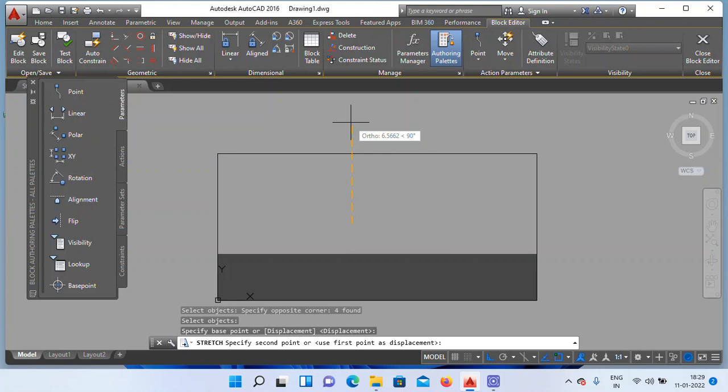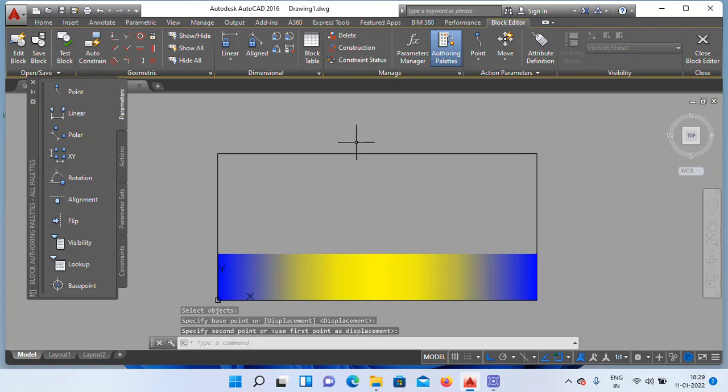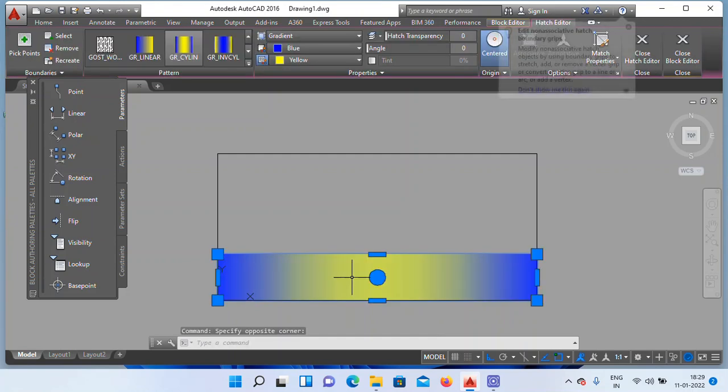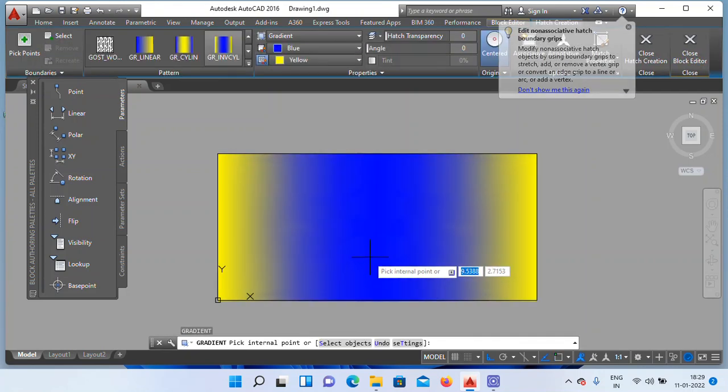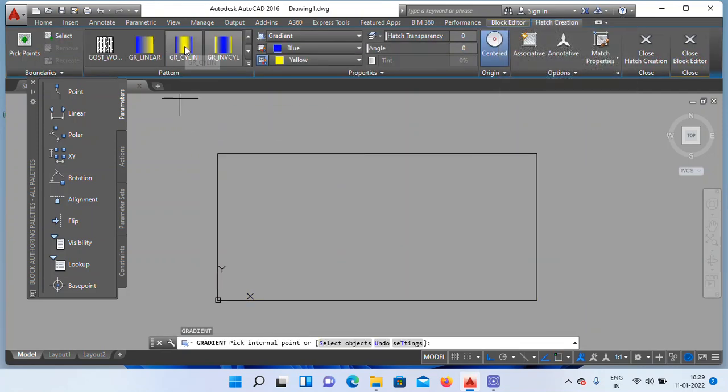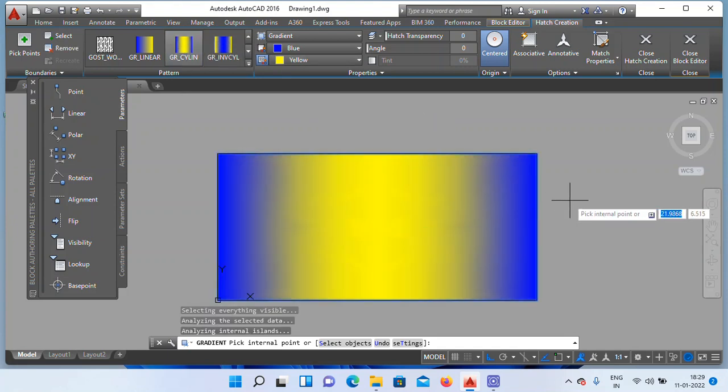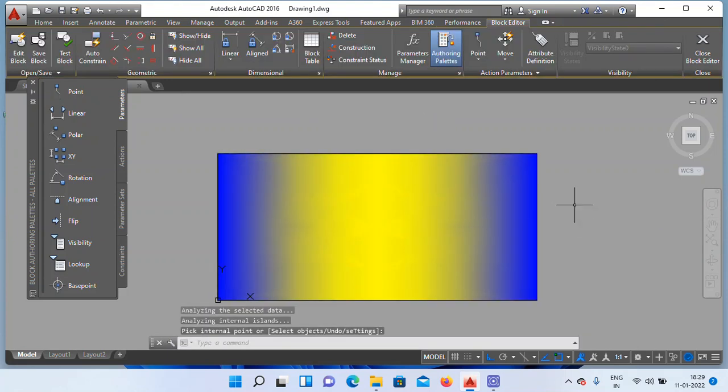If you want to click, you can click. And it increased. Click. Select the object. Click in the required place. Enter. Right. See, increased.